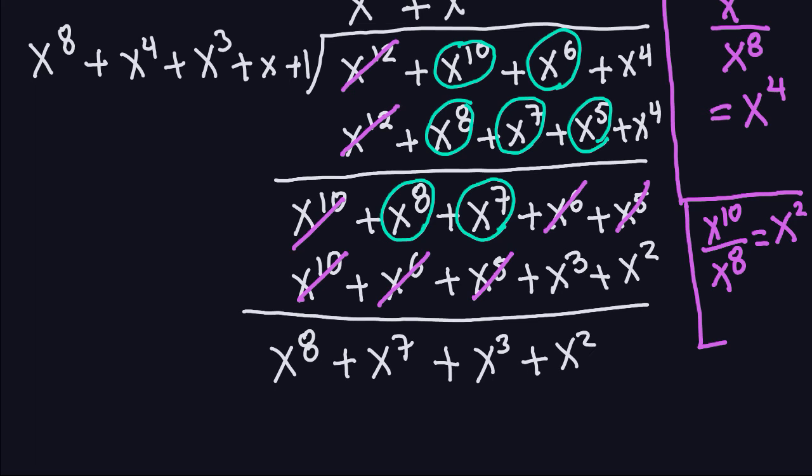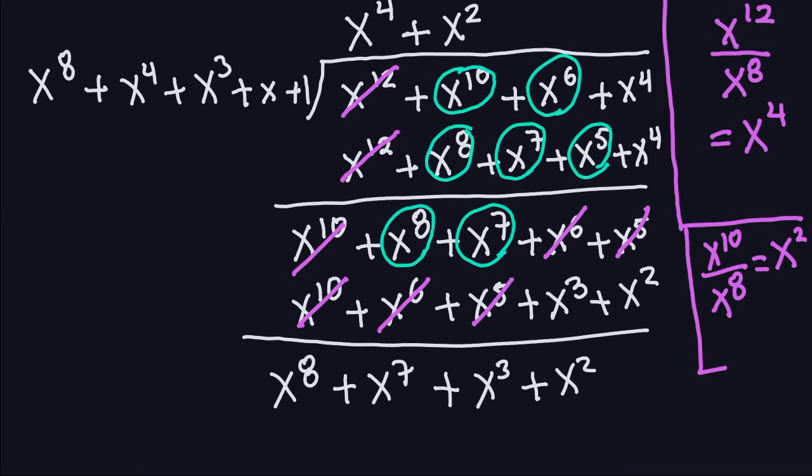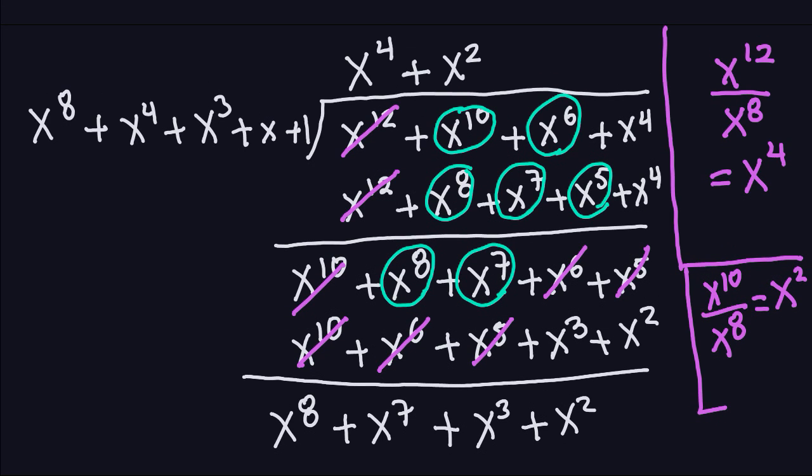Now, do I stop? No, I don't stop, because the degree that is right here is 8, and I don't have degree 7 there. I have to go to degree 7 or less. So I do division again. So I take the largest power here, which is x to the 8th, and divide by the largest power that is right here, which is x to the 8th. Of course, x to the 8th divided by x to the 8th is 1. So I'm going to put a plus 1 here in my